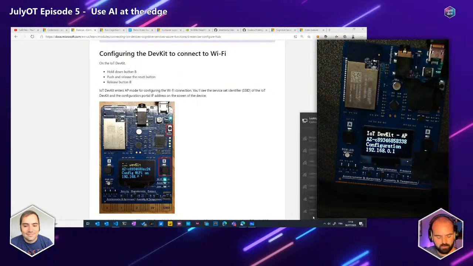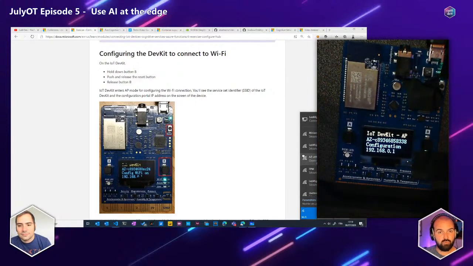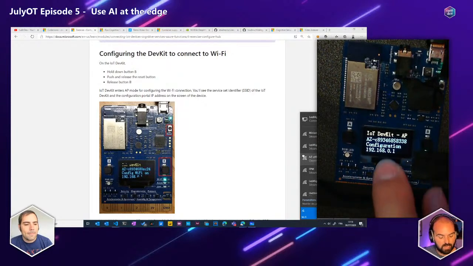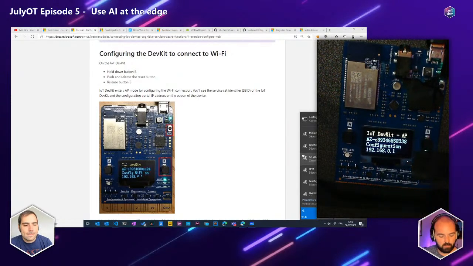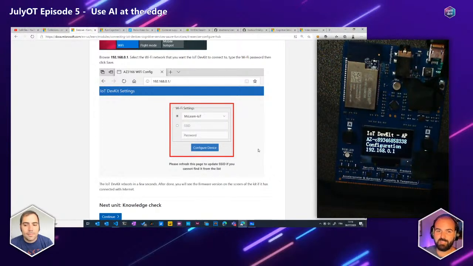Actually, when you're booting in this specific mode, the MX chip will become a router, a Wi-Fi router. And as you can see in the list of my Wi-Fi networks, I have a new AZC something network there, and it's actually the network that is created by my MX chip. So I just have to connect for a minute to this Wi-Fi network, and then when I'm connected, I will not do it live because I may stop the stream, but when you do it, you will end up in